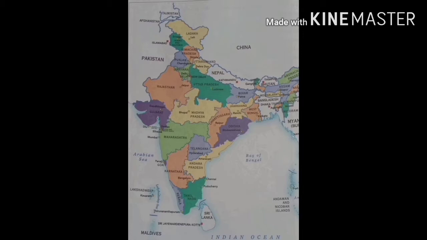Dear students, here you can see the political map of India. Tamil Nadu is located in the southernmost part of India. West Bengal is located in the east region of India. Punjab is located in the northwest part of India. Can you see Bihar? Bihar lies in the northeast part of India. Can you see Uttar Pradesh? The most populated state of India according to the 2011 census. It also lies in the northeast part of India. Similarly, you have to practice locating and labeling the 28 states on the outline map of India.